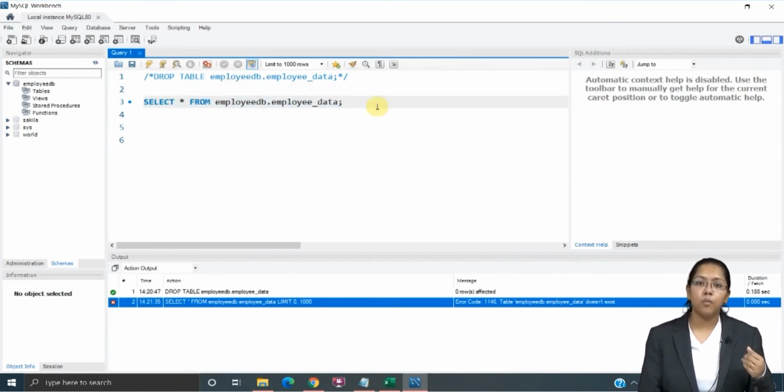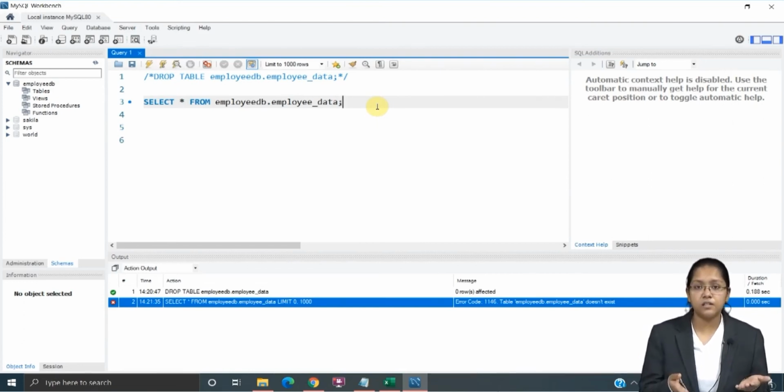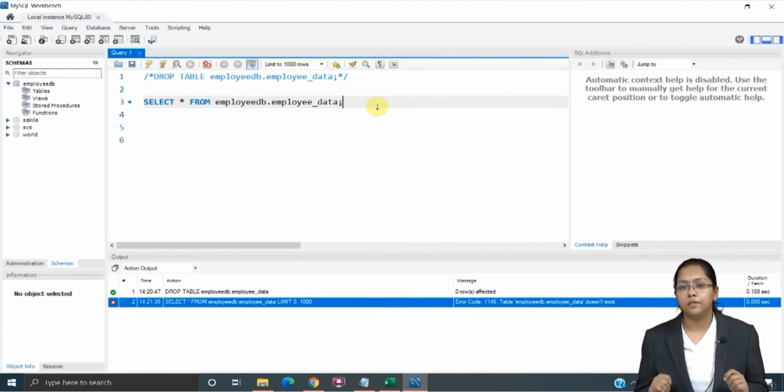Let's consider you want an efficient query, and in any case, even if there is no table and you are calling that particular table, here is the same case. I have dropped the table, I have deleted the complete table, but after that I am calling that table. In this case also you don't want any error. Means you want your query to be that efficient and proper. Then how will you write it? Then how will you frame it?